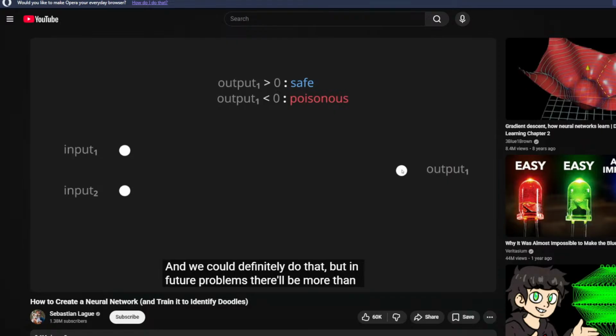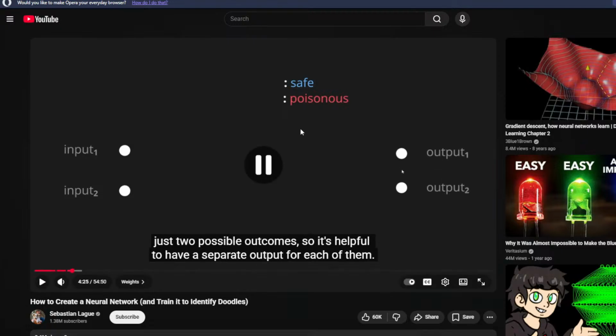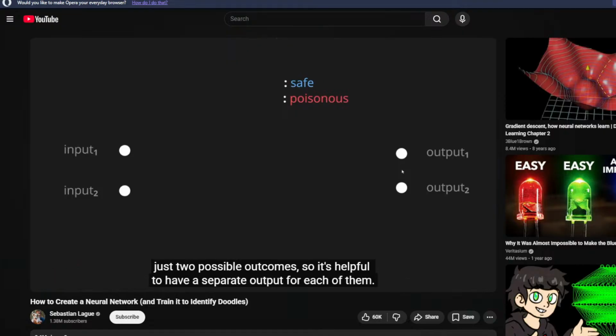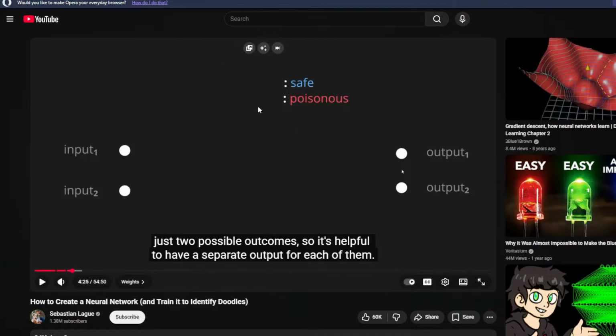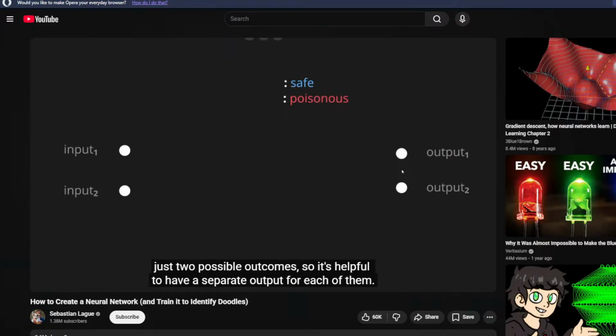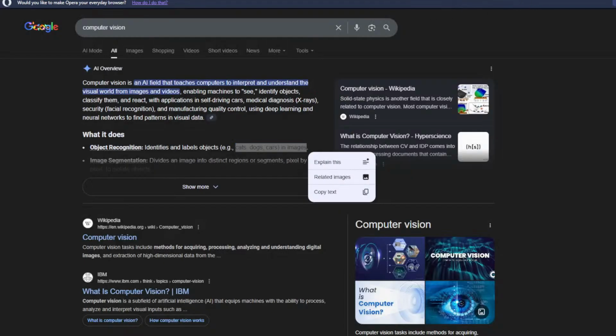We could definitely do that, but in future problems there'll be more than just two possible outcomes, so it's helpful to have a separate output for each. So you think about this. Let's say I want to create an AI that handles the entirety of the defensive end, right? So you have your cornerbacks, but you also have your safeties, right? If you're not familiar with football,